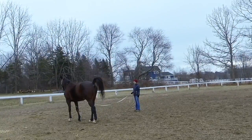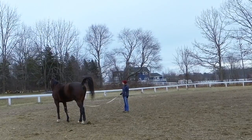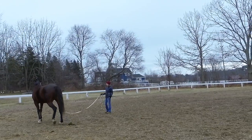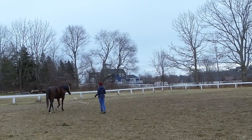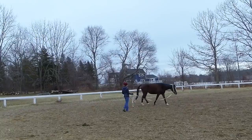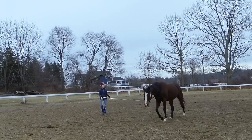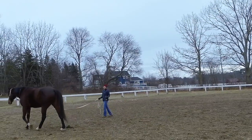And here I just let them go to the bathroom. But overall, I'm pretty happy that I can get him on a lunge line, and he still seems to find the stretch when I take a little bit of contact and keep him active. If he wasn't stretching at all, I might try the lunging every once in a while just to see where we're at, but I would take him back to the work in hand, where I have